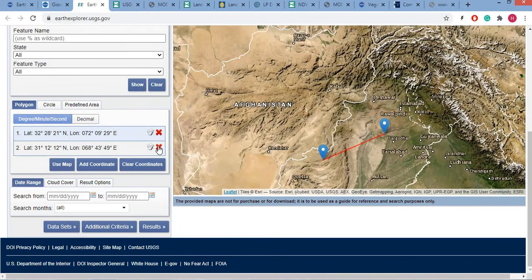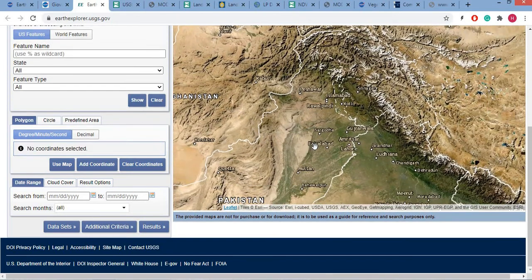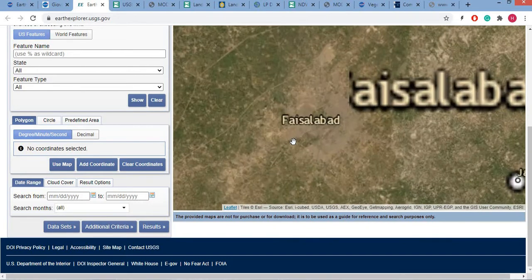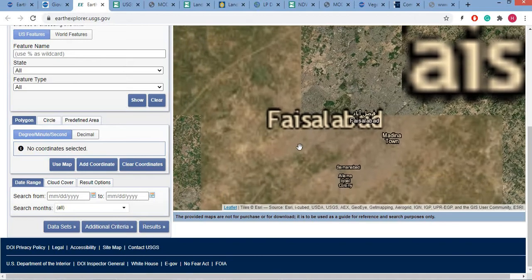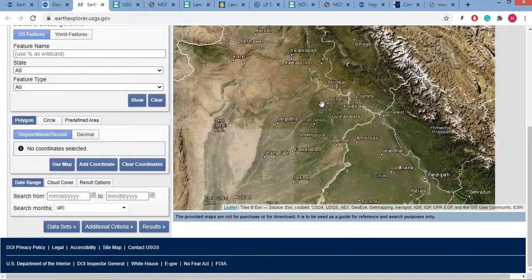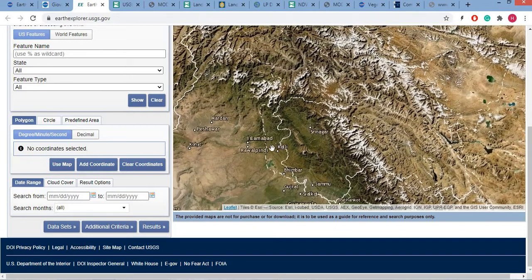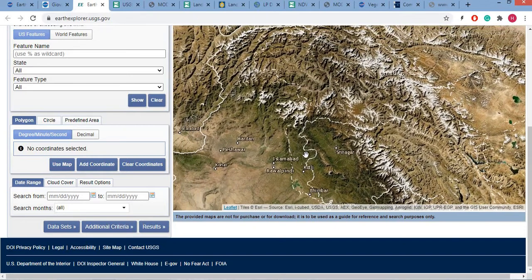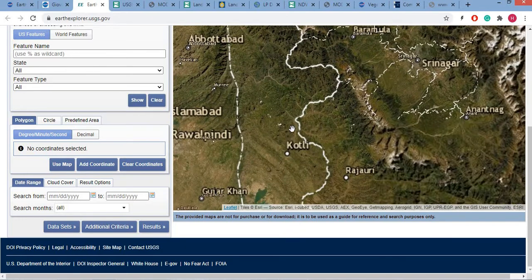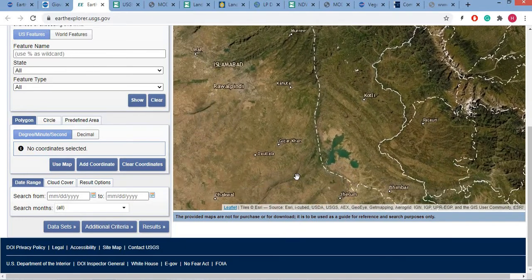So we will select a short area so that we should be able to get its data. For example, this is Faisalabad city, or for any mountainous area, like here we have Islamabad, Srinagar, Abbottabad, here we have Kotli, like we have Mangla Dam.